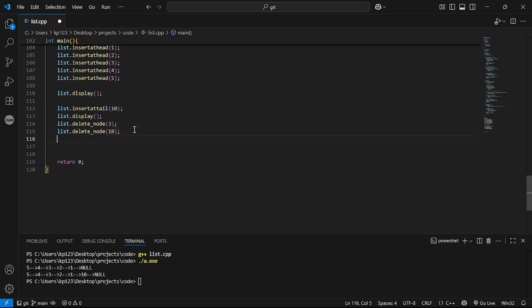I'm not displaying it, so just dot display. Now it will work.